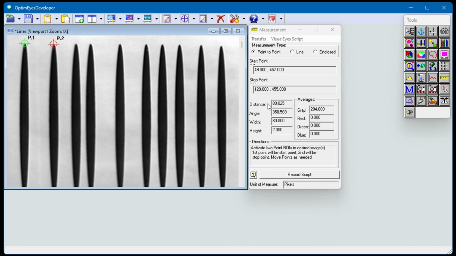But what if we want to measure the real-world distance in inches instead of pixels? To do that, we'll need to create a calibration object. If there were something in this image that we knew the real-world measurements of, we could create a calibration object